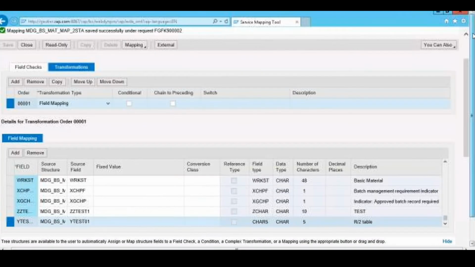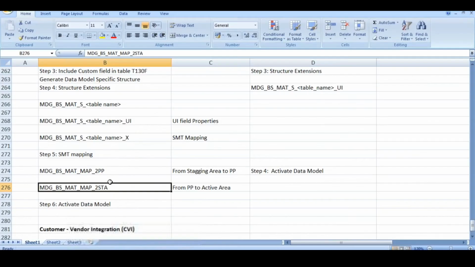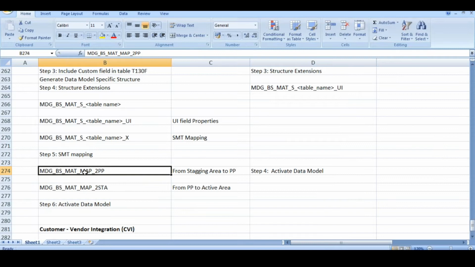So these two types of mapping are done. Okay, and always, in fact, for customer, for vendor, always you have this same sort of mapping. Only the name will be different. Of course, it is material, so you can see MAT. If it is business partner, you can see BP. If it is a customer, then you can see CUS. If it is a vendor, you can see VN, something like that. Okay,